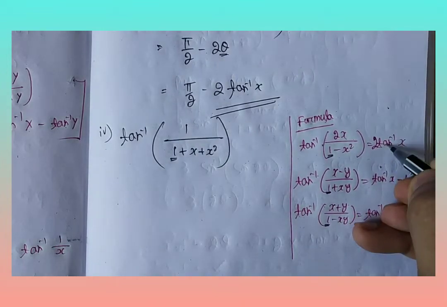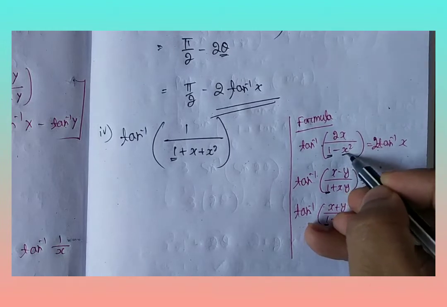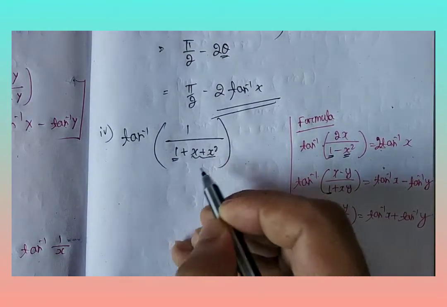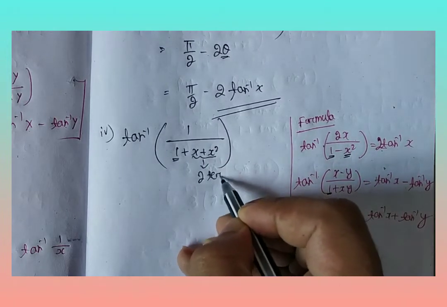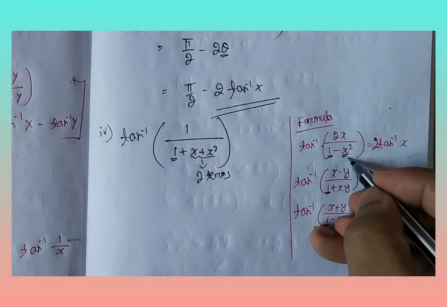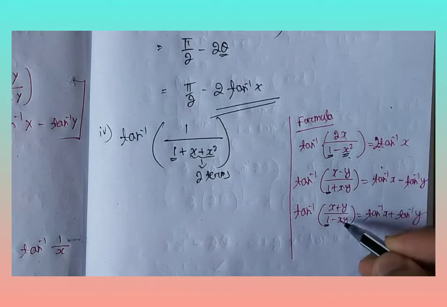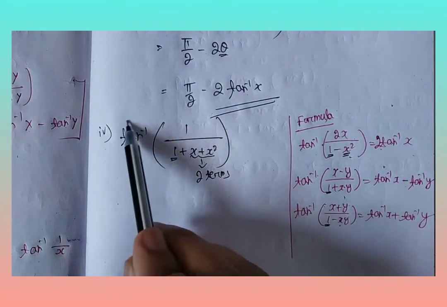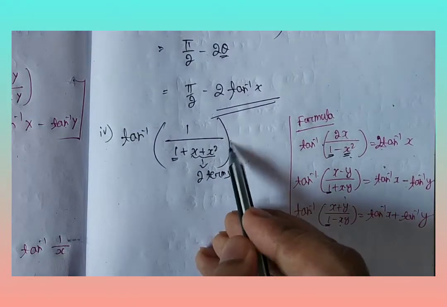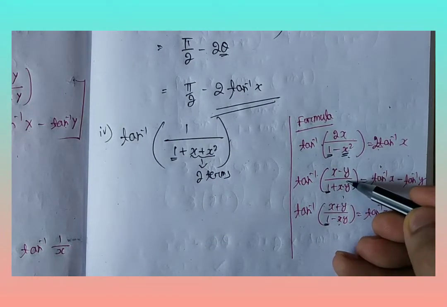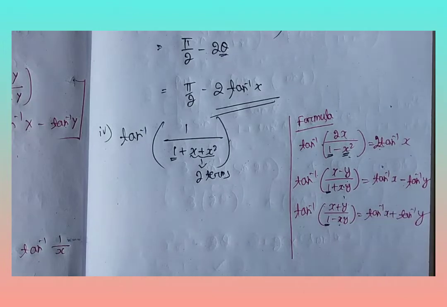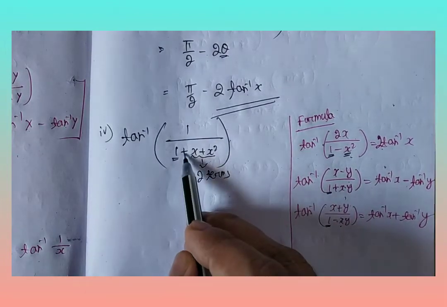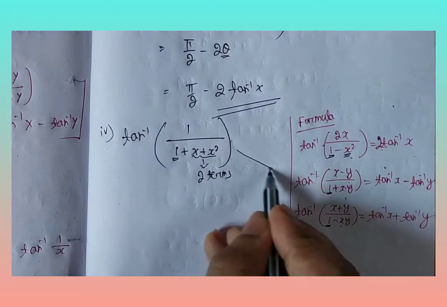In case of type 7, this formula contains x square, it contains 2 terms. But here it contains a single term. And these two formulas contain 2 terms. That means this is the formula of either this or this. Here a plus sign, but here a minus sign. Here is a plus sign. That means it indicates this formula.